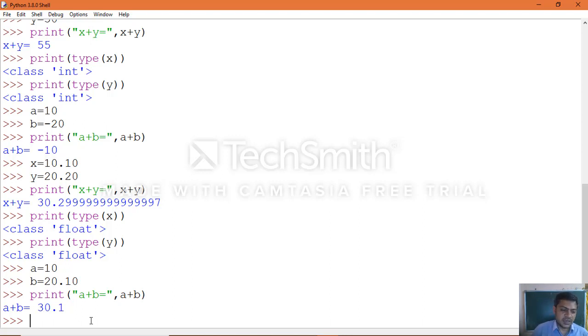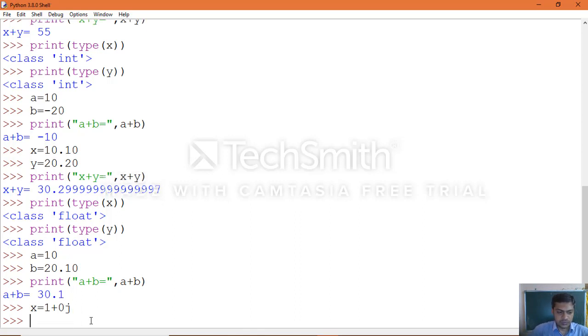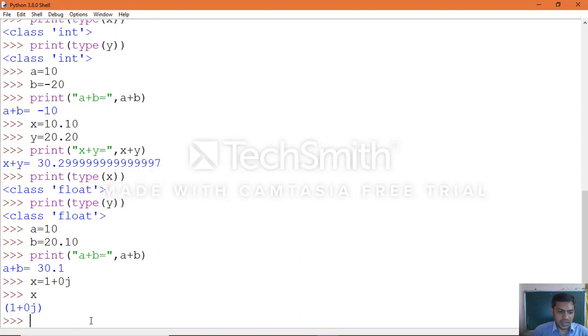Same way, complex numbers, which you can see. Okay, we also saw that another type of number data type is complex number. So x equal to 1 plus 0j. Then you can see how we can print the x value, which will come as whatever we specified, and it will be treated as a complex number. Then how can we extract the real number and imaginary number?